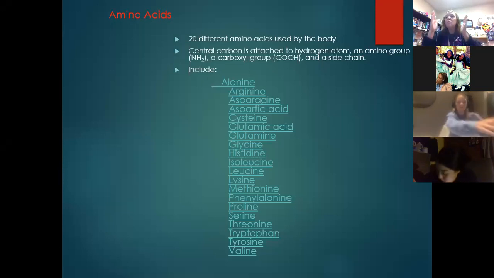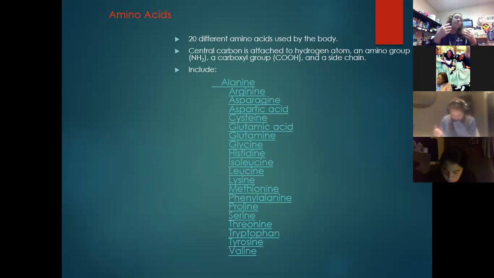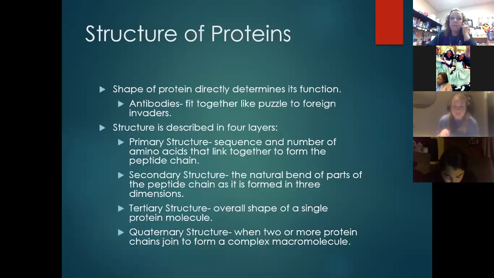We have some that you need to take in your diet because you cannot create them, and others that you do not have to take in your diet because your body will take other amino acids and reassemble them into these new structures. So then we were just talking about the basic function of our proteins. We had our structural proteins, and the overall folding and recreation of these proteins.